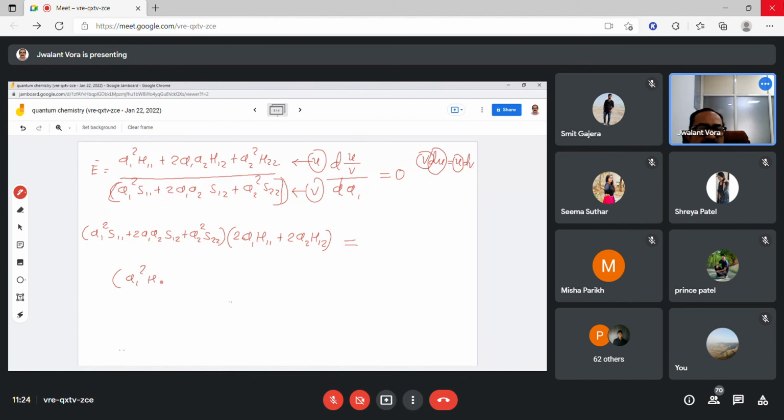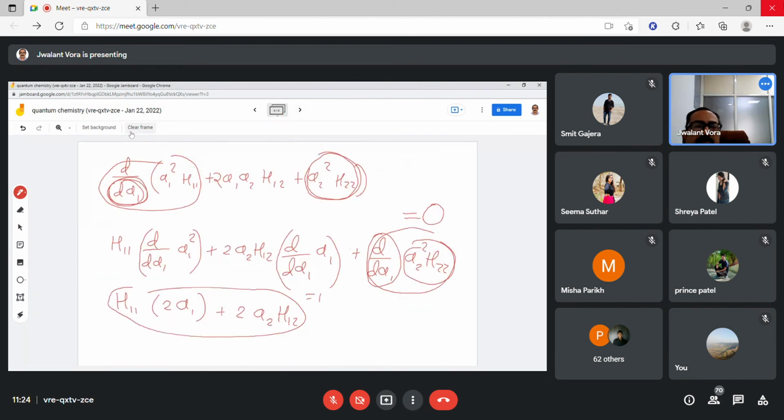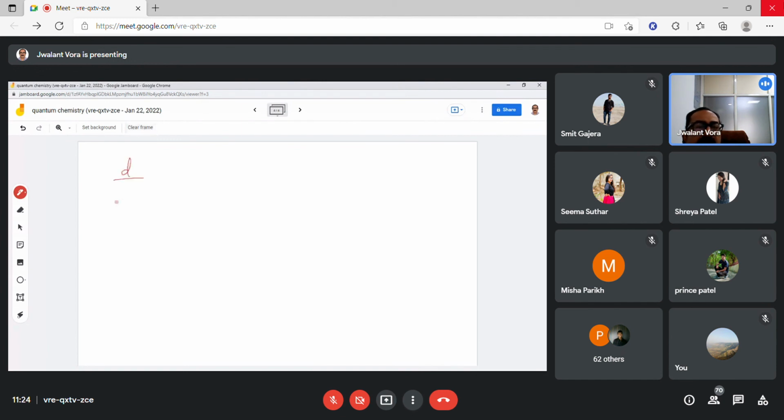A1 square H11 plus twice A1 A2 H12 plus A2 square H22. હવે dv part છેદનું વિકલન કરું છું સેમ વેમાં. d by d A1 of A1 square S11 plus twice A1 A2 S12 plus A2 square S22. So d by d A1 of A1 square